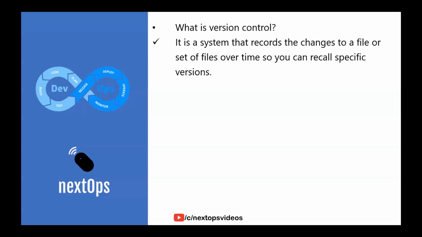So you can think of a version like a snapshot. Just do not compare it with a snapshot, but it helps you to go back in time so that you can roll back whatever issues are occurring due to the bad code in the latest version. You can go back in time, you can revert back to the previous version. But in order to record all these changes, we need to have a certain process or a system to handle recording of all these changes. That is what is called version controlling.